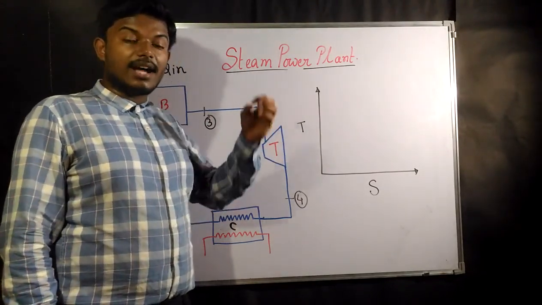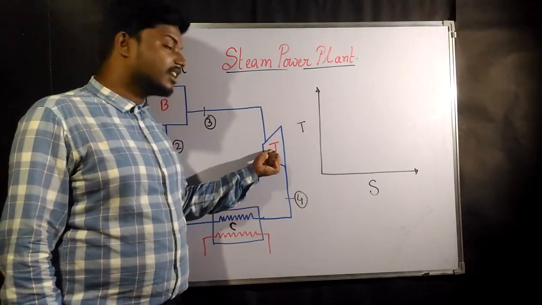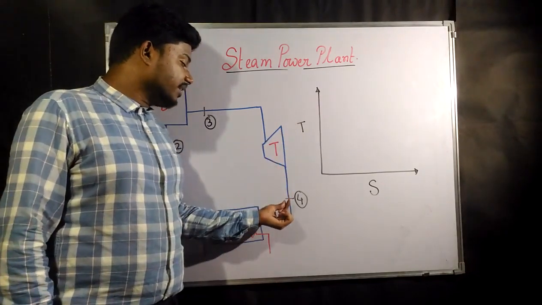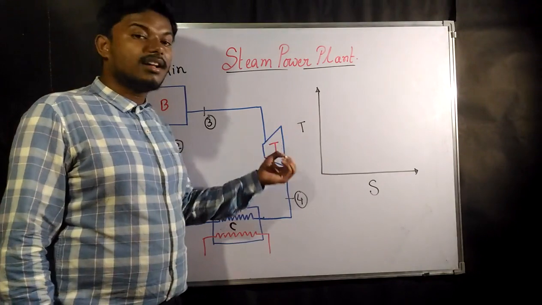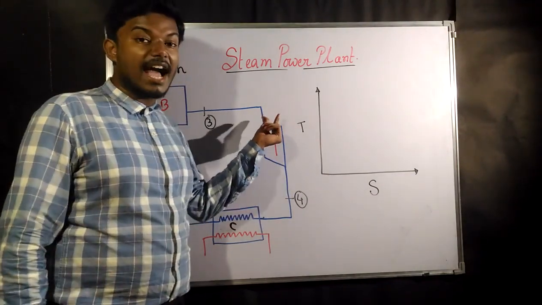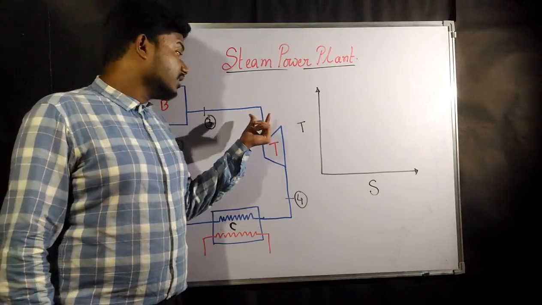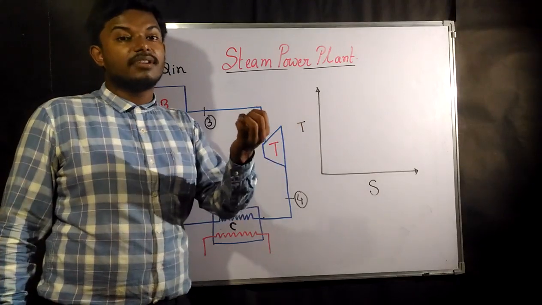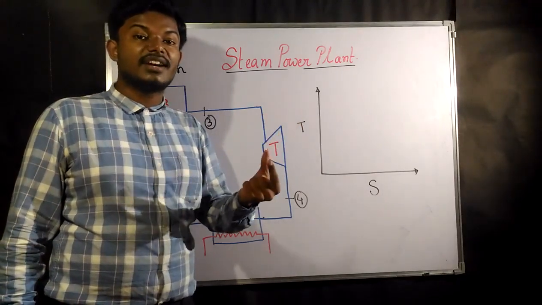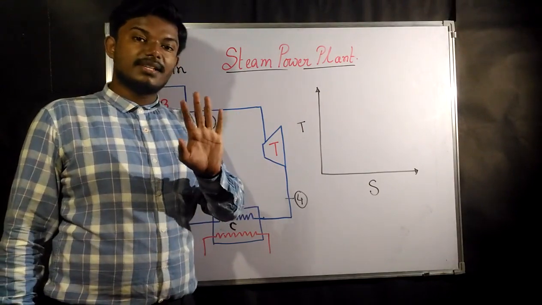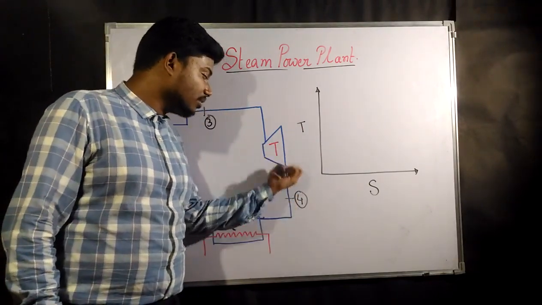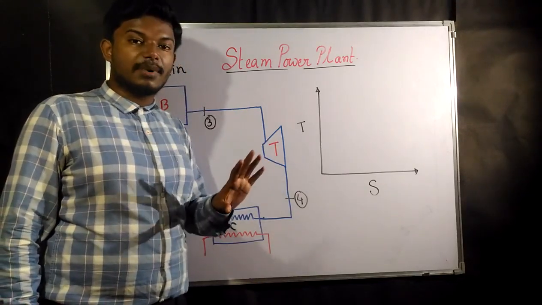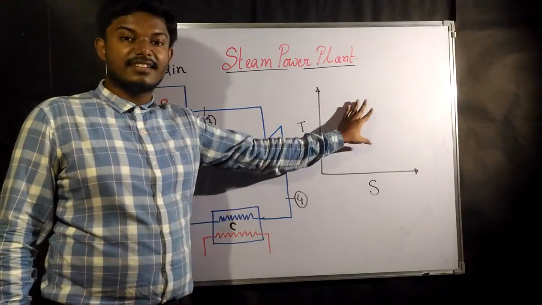While the high temperature and high pressure steam passes through the turbine, it is going to produce some work. At the exit of the turbine, after expanding, some of the vapor or steam is going to get converted into liquid, but the temperature would be the same. Whatever comes out of the turbine is going to be either complete liquid or saturated vapor. Saturated vapor is what we will discuss in the TS diagram or in the vapor dome.